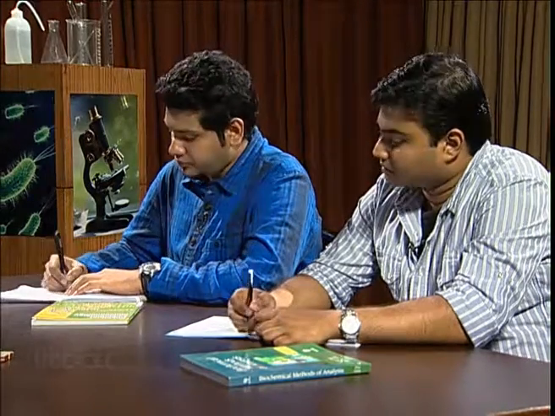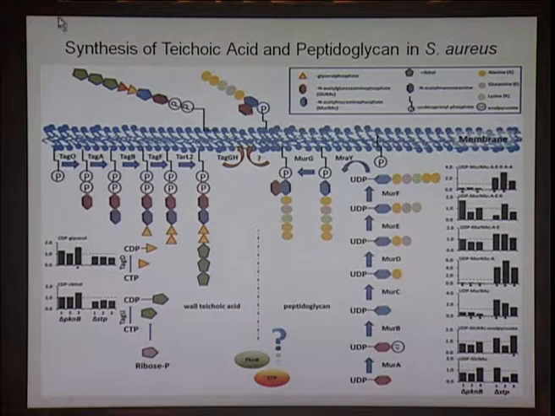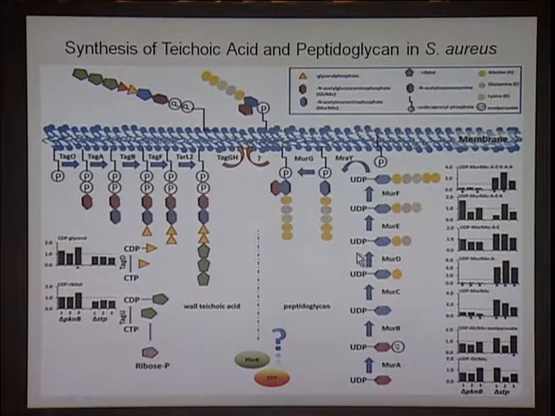Peptidoglycan, you know, is the main component of the bacterial cell wall. It is present both in gram positive as well as in gram negative cell wall, though we say that in gram positive cell wall it constitutes up to 85%. Now, in this particular slide you can see how this peptidoglycan is produced in a typical gram positive bacteria called Staphylococcus aureus. Now, there are two major components. One is the production of the sugar residue and the other one is the incorporation of an additional component in the form of teichoic acid. So, broadly a cell wall will have two major steps of biosynthesis.